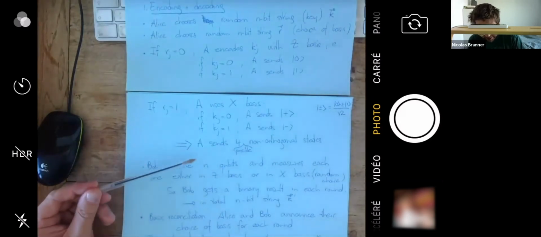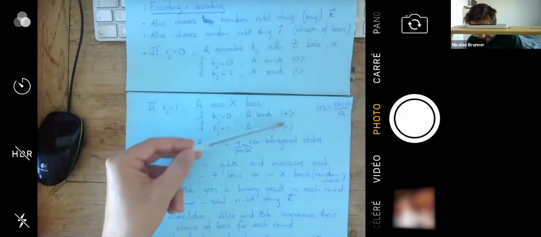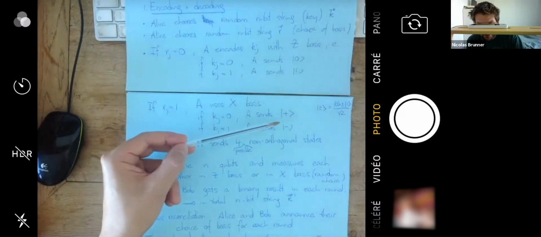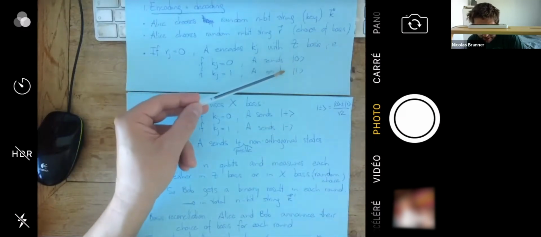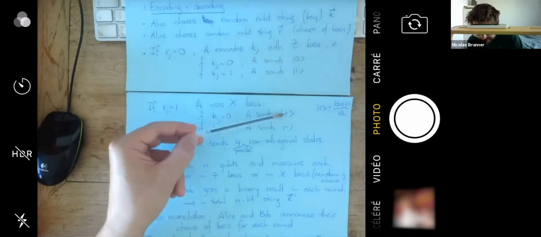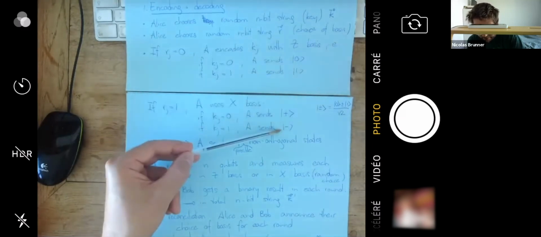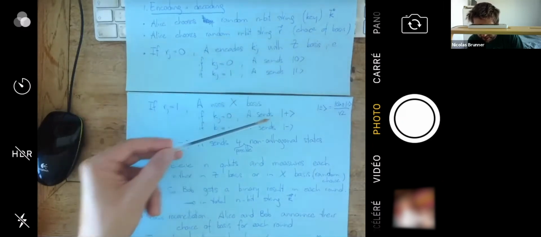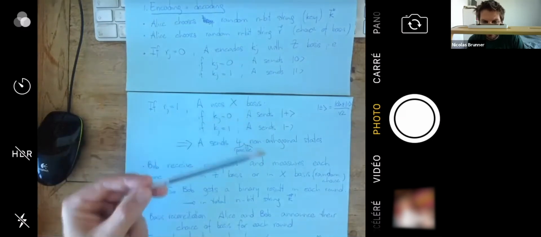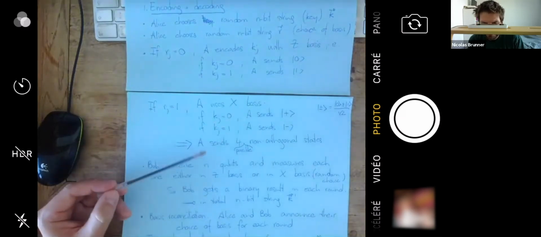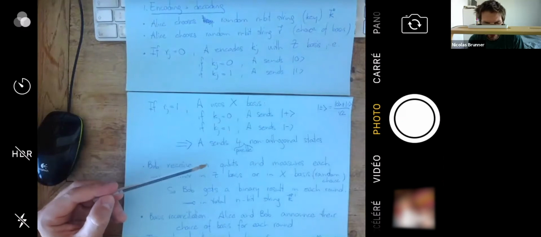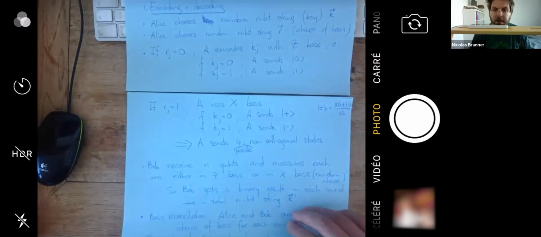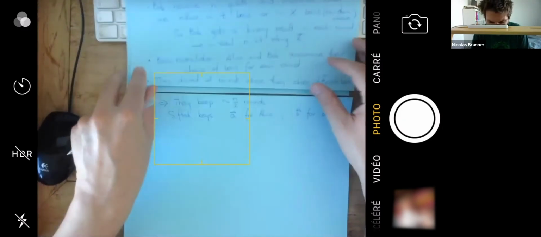What is very important is that when Alice sends the qubits, she does not announce the basis yet. So from the point of view of Eve, all these 4 states are equally likely, right? And therefore, she cannot choose to make a measurement in this basis or in that basis without necessarily introducing errors. This is what we are going to see in detail in a minute. Okay, does it make sense so far?